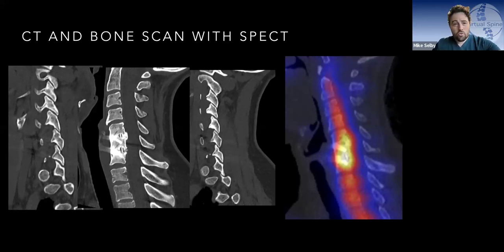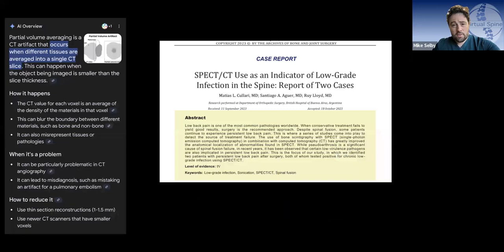When you look at the literature on these areas, firstly, to the right of screen is the case report on using SPECT and CT as an indicator of low-grade infection. There's also a lot of scattered reports on using this as an indicator of non-union, but there's actually very few high-quality studies. So if we go to CT, because we often have thought that is the gold standard,